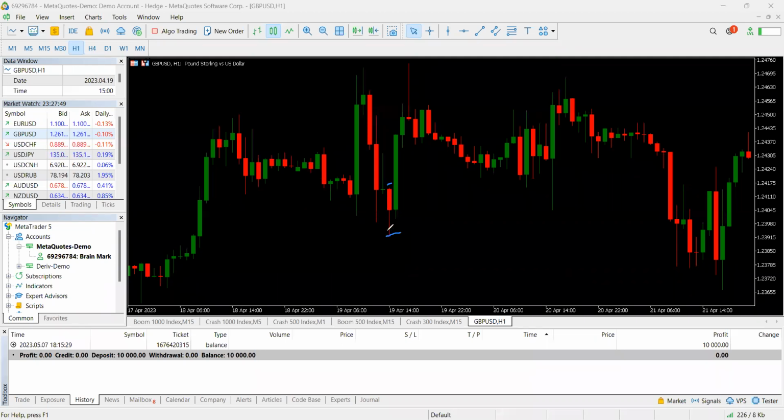So this one is smaller than this one. So the green one swallows the red one. Hence it will be called bullish engulfing. Now when we take these two candles,